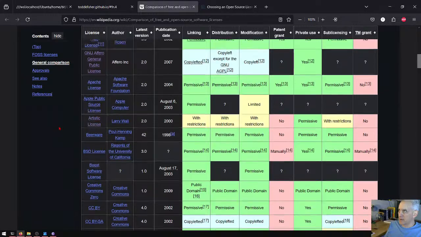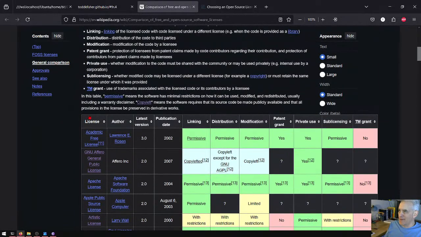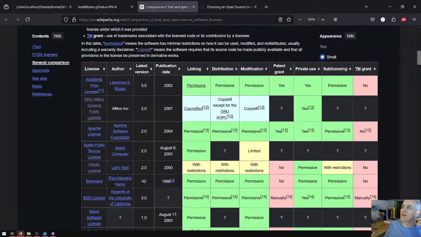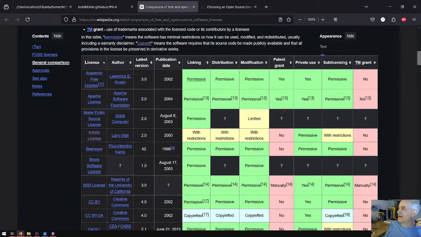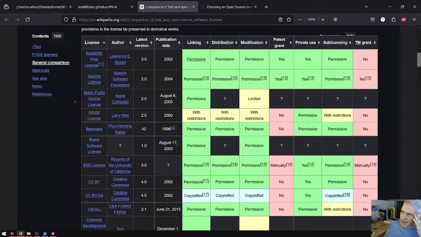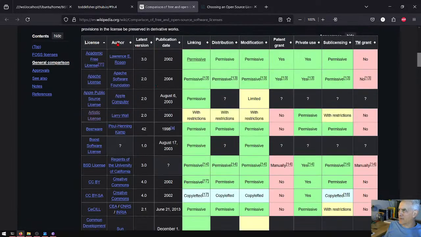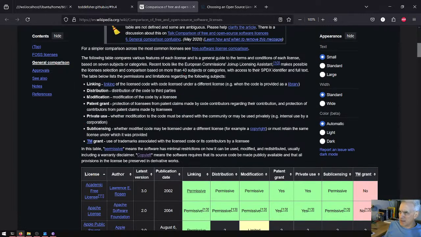It's freezing the first row. So there's the table, in alphabetical order, and they have the versions, the publication date, who wrote it. They define these. Linking is